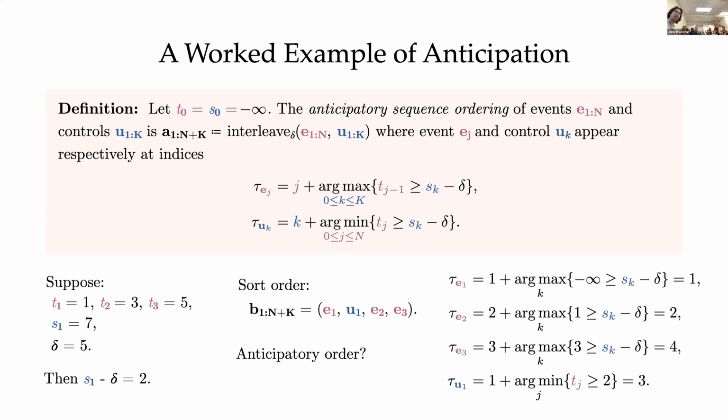The other thing I didn't say, if people want to ponder this a little further, is that stopping time is actually a sort of unfortunate word for what's going on here. I'm using stopping time because that's the definition. But actually, the random stopping times I'm talking about in the sequence are indices. So these are really stopping indices in the sequence. They're random indices where I'm putting these events and controls, not random times in the sense of the underlying control point process. Those are the stopping times I'm working with. They're really better called stopping indices.